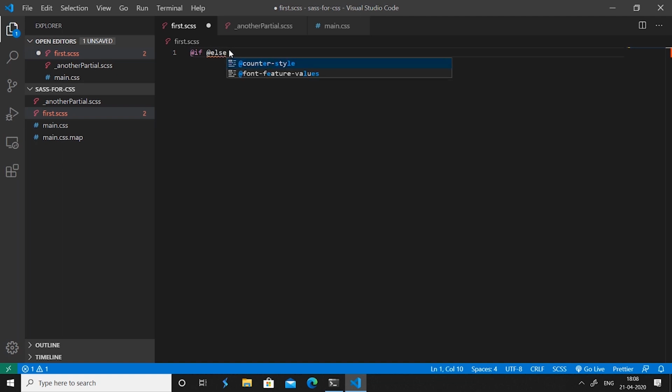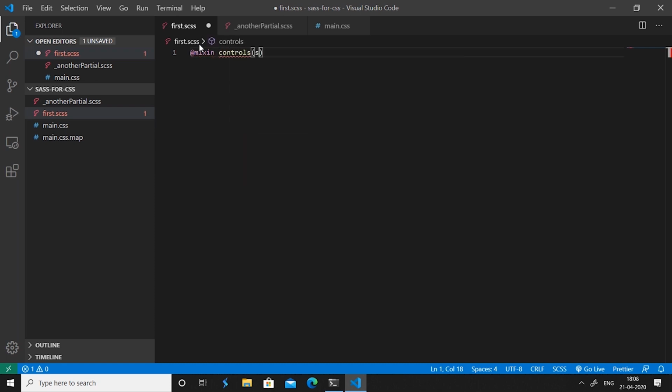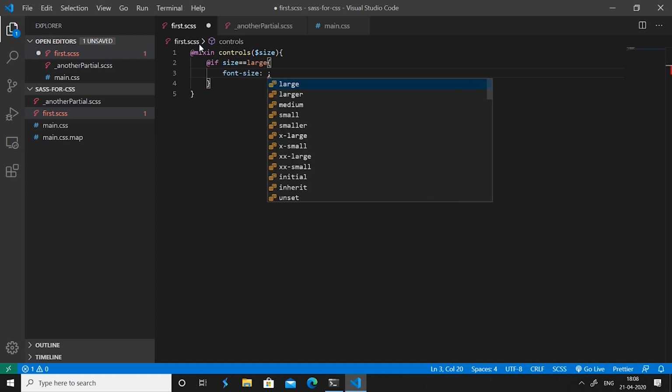Since control directives are mostly an advanced Sass feature, they are mostly used with mixins. So let's create a mixin so that we can apply this style. Mixin controls, and let's say we have a size variable to be passed to this mixin, and then we have @if size is equal to large, font size is equal to, let us say, 35 pixels.